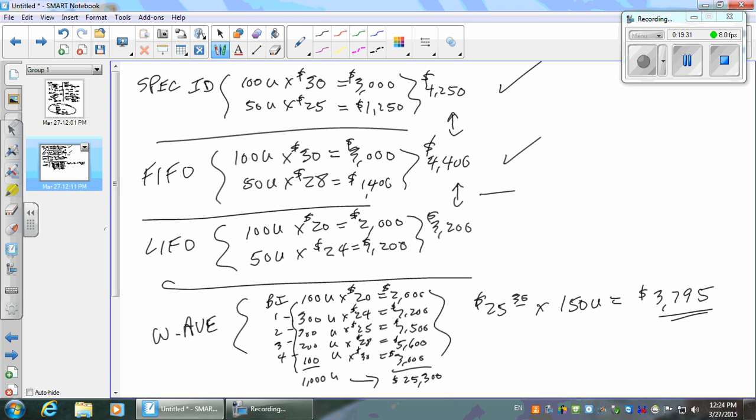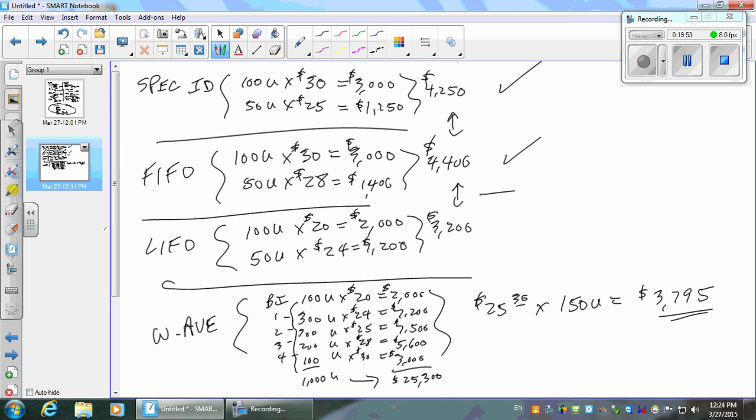And you said FIFO is the same, are you saying it's the same as that right there? Yeah, what you're doing is you're always selling the old stuff first. So what's left? The newest. Yeah, it's the same for the last one. So it's going to give you the same inventory, the same cost of goods sold. But the LIFO,